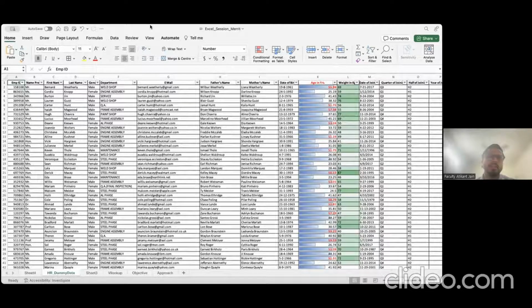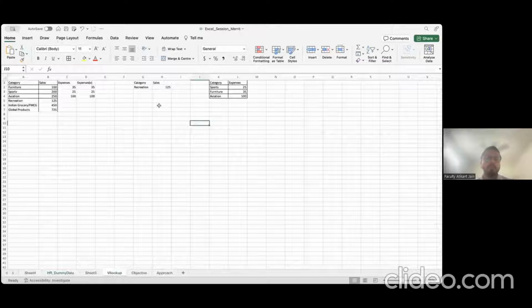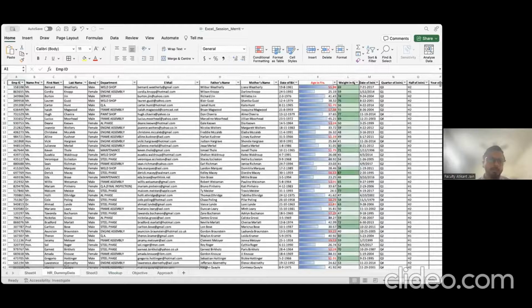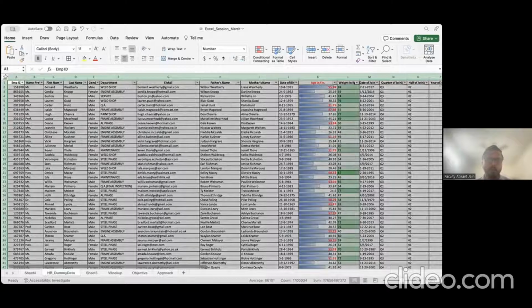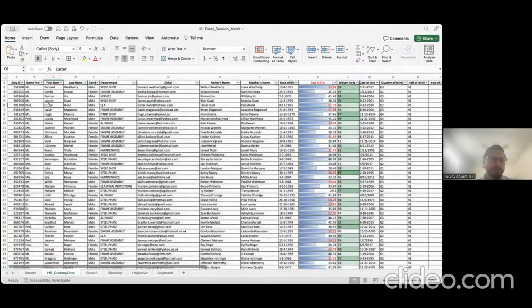So what exactly the confusion is in, like VLOOKUP, the basic expectation is when we are working, we are fetching a data from data table to another table, right? For example, in this particular table, we have this particular record. Now, if I want to have another table and fetch the values, let's say